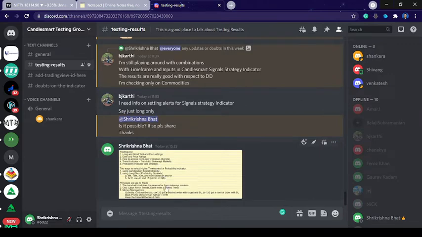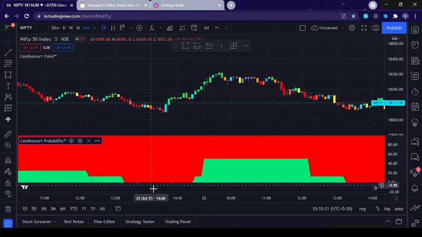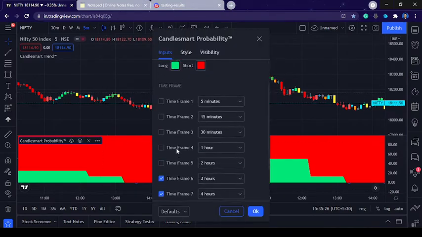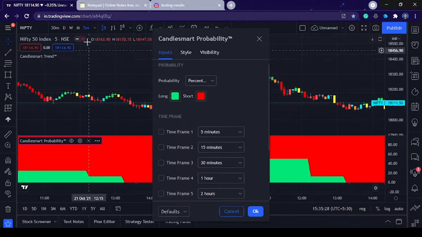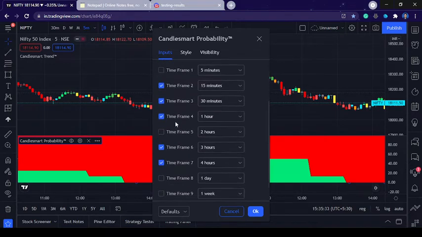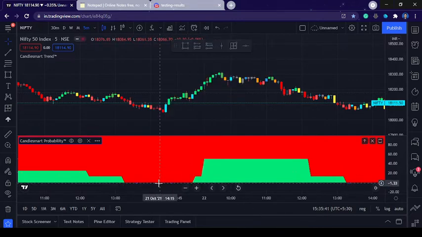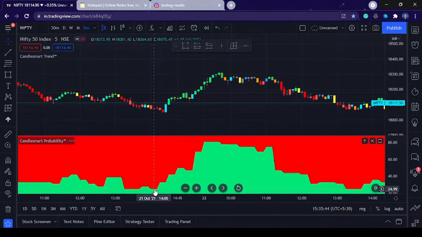Let's see what is the spread we are talking about at present. Whenever you use all the higher time frames, let's say we are in 5 minute time frames, we'll get an accurate measure of our trend in probabilities. But the problem we are facing is that there is so much noise, it will go up and down, so much noise.